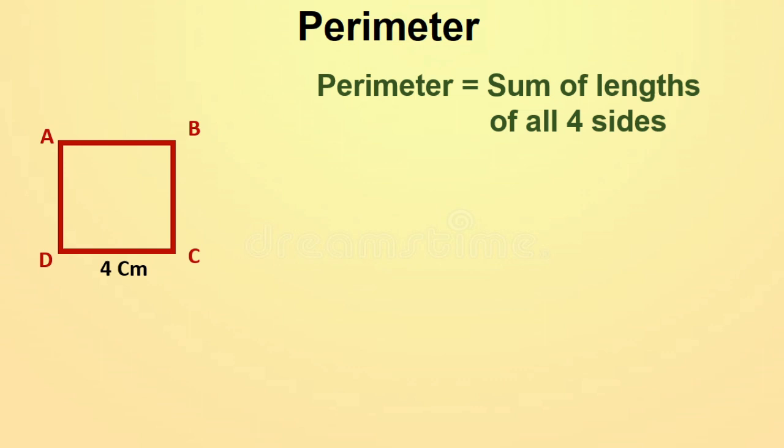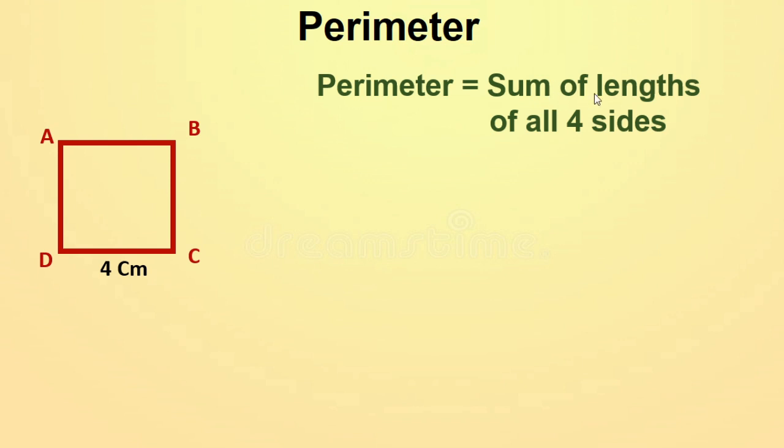We have gone through the handkerchief that was square in shape, isn't it? And all the sides measured 8 centimeter, right? Which means we can say that a square always has all 4 sides equal. Here this is 4 centimeter, this is also 4 centimeter, this is also 4 centimeter, and the last side also 4 centimeter. And we want to find out the perimeter, isn't it?